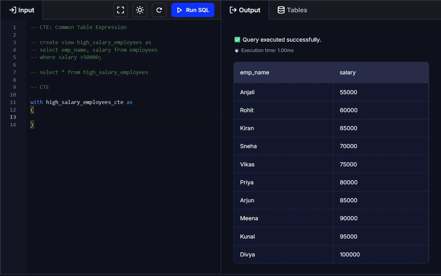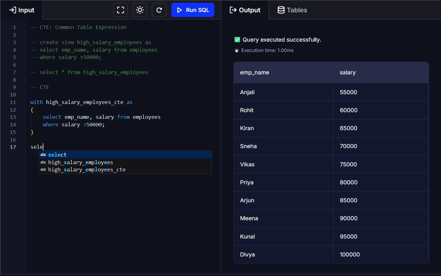So let's write the same query here. Let's format it, and now if I say select star from high salary employees CTE, and if I run it,